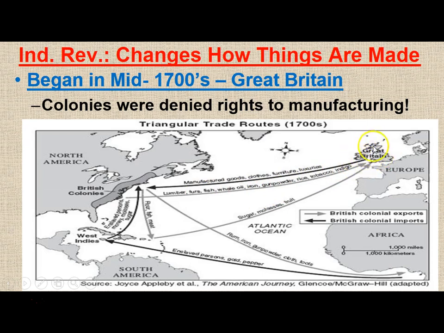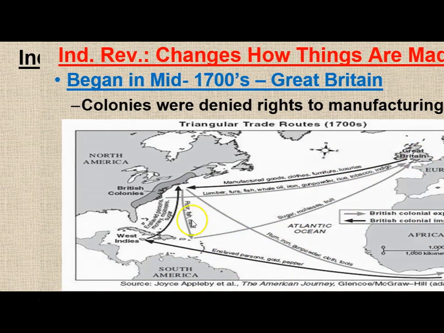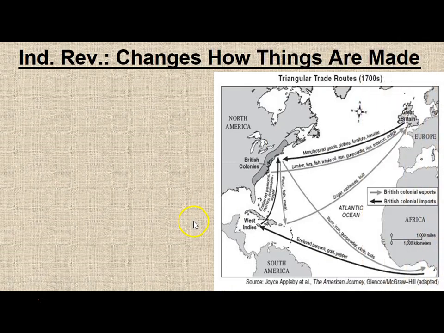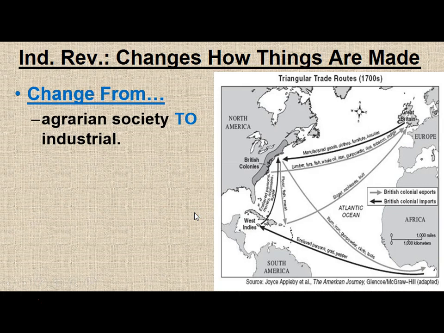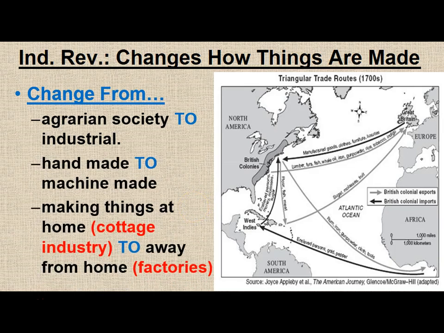There's a massive amount of money being made here, and they're not only selling this stuff back to the colonies, but to the other colonies that they have around the world and to other countries if they can possibly do that, right? Colonies don't really have a right to manufacture. That's mommy daddy's job. But now, since we're an independent country, we've been trying to do that, aka Alexander Hamilton's vision.